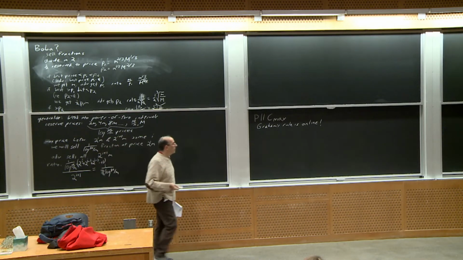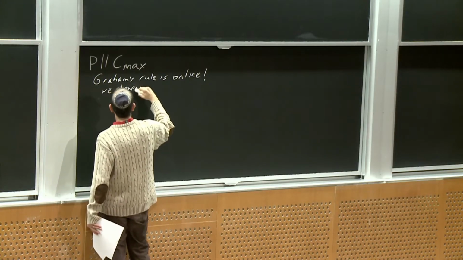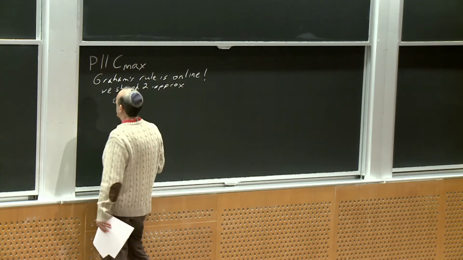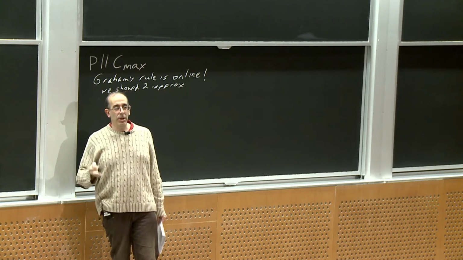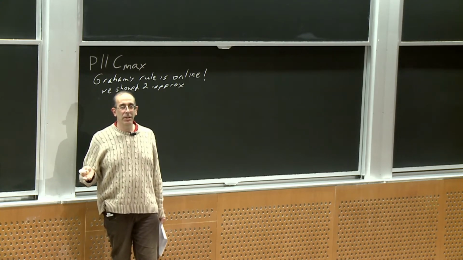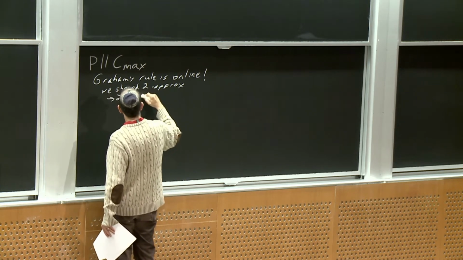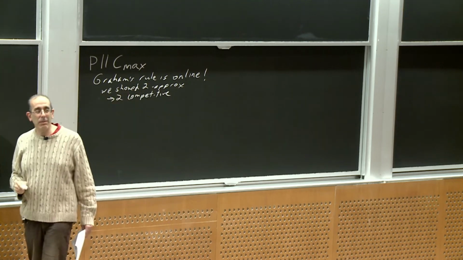And we showed that it's a 2 approximation. Right? And it's a 2 approximation to an unknown optimum. But it doesn't matter that the optimum is unknown. We know we were within a factor of 2 of it. Right? And that means that we're 2 competitive,